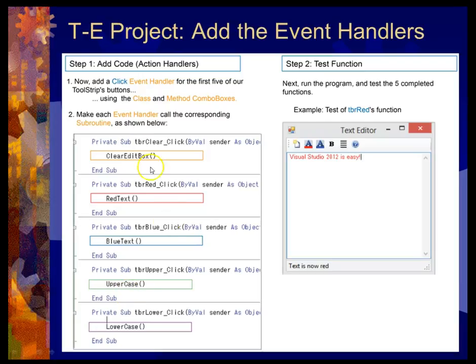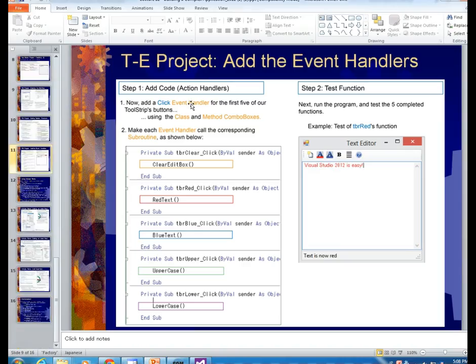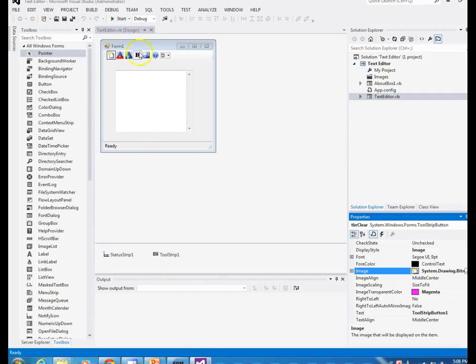So let's use the class and method combos, just so you know how to do it another way, but let's do it that way. So in other words, what I'm talking about is this. You go back to here, and if you go to,